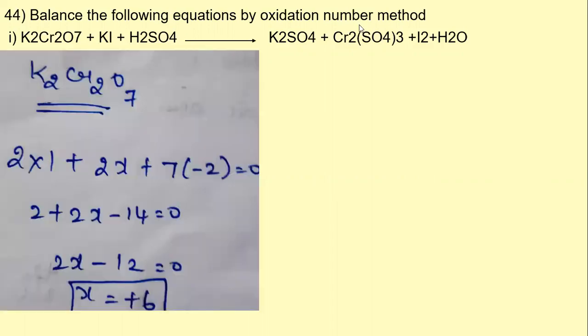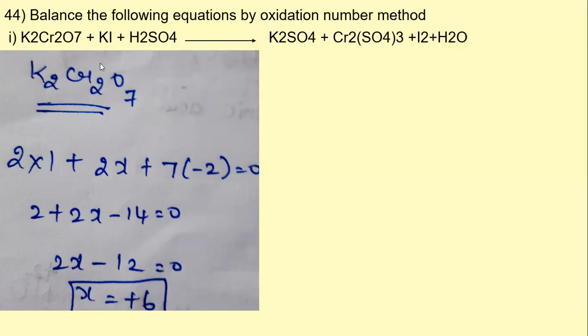Here I have calculated the oxidation number for K2Cr2O7, that is nothing but potassium dichromate. You all know potassium, that is K, comes under the alkali metals. The alkali metal will have a +1 oxidation state, whereas the alkaline earth metal will have a +2 oxidation state. Here potassium comes under alkali metal, so it is 1, and for chromium, that is what we are going to find.